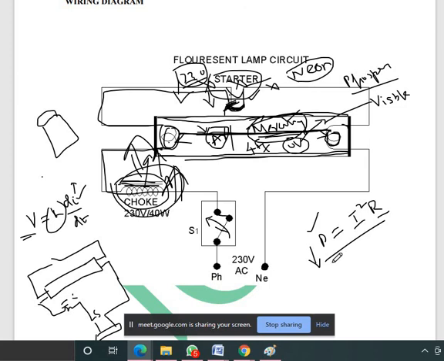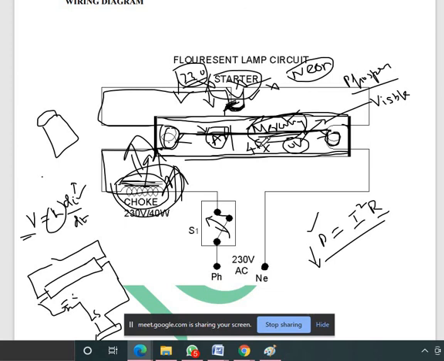So if it consumes more power, it will create more heat, because during the light the filament will act like a short circuit. At that time the argon gas and mercury react. It touches the glass tube and the phosphor coating, and it emits the light outside. So internally the heat will be developed. It is like a short circuit through the gases, so it emits the light. It also consumes more power and produces a lot of heat.